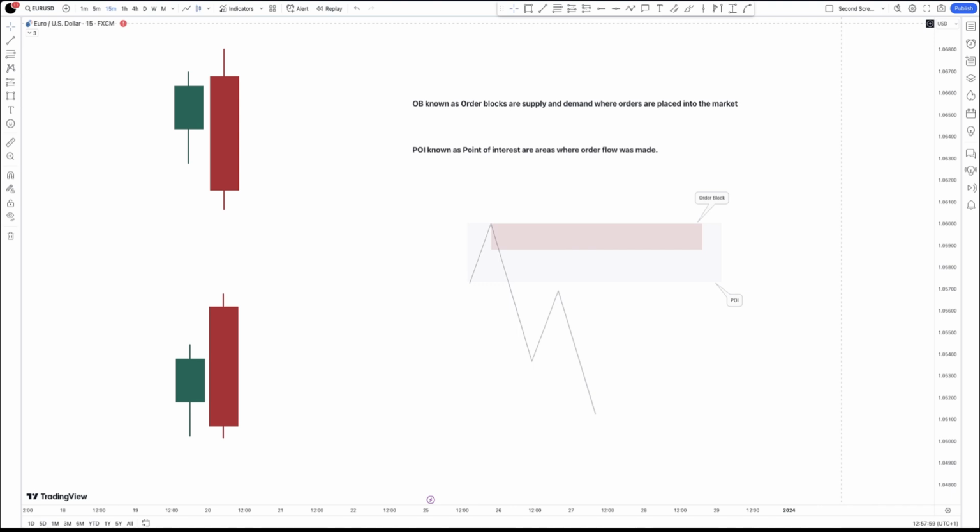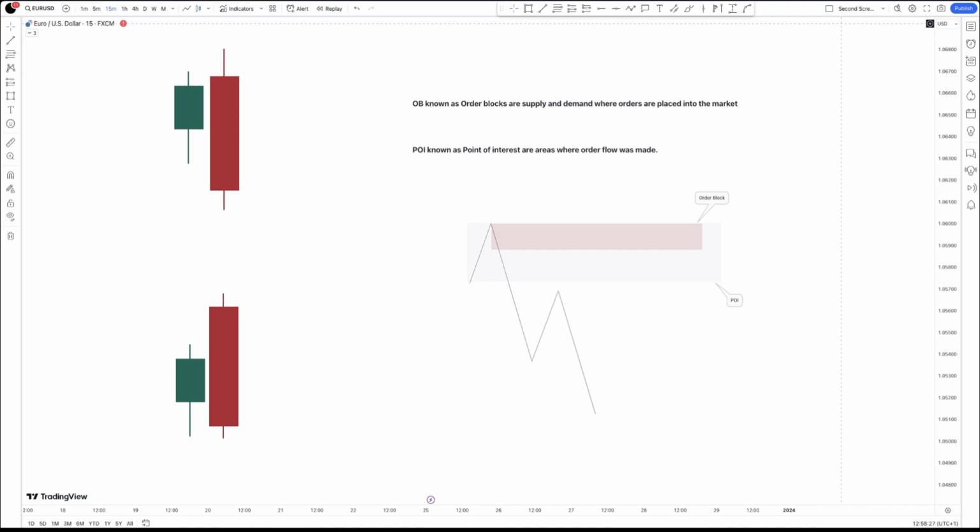You have to understand this. Order flow was made in a point of interest, POI or AOI, that is, area of interest, whereas order blocks are supplies and demands. These two are different. A lot of people confuse these two. I know we get a lot of talk about terminology and stuff like that, but you have to get this. It's very crucial. POI is different from order blocks,